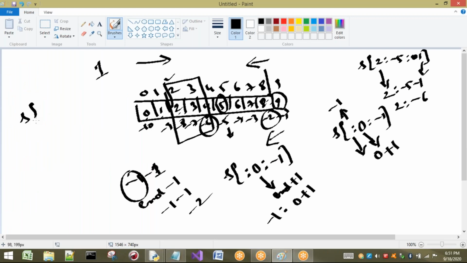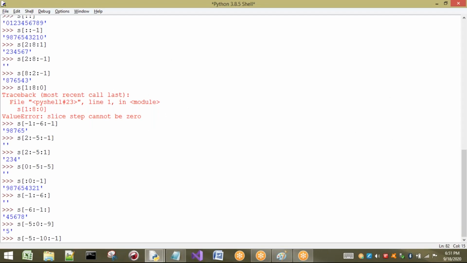S of minus 5 to minus 10 colon minus 1, reverse direction. In reverse direction, from minus 5 I want to take up to minus 10. Will it take up to minus 10? No. In a reverse direction, it is going to perform what? N plus 1. So it will be up to minus 9. That means the result will be from minus 5 to minus 9, that is nothing but 5, 4, 3, 2, 1. That will be the answer.